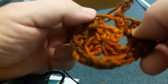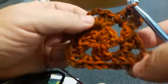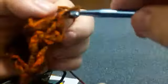We're going to chain 3 to start with. But because we're at the beginning of one of our holes we're working into, that's my first stitch and not the last stitch. So that's my first double crochet, and I'm going to do 2 more in this hole. Now this is a hole on the side, not at the corner. So I'm only going to chain 1 this time and get myself up to the corner again, jumping over this block. And then I'm going to do my 3 double crochets,